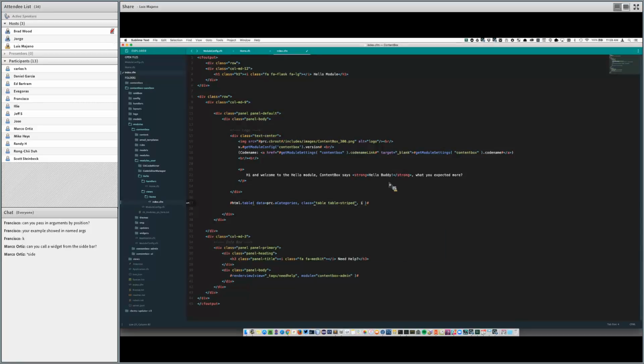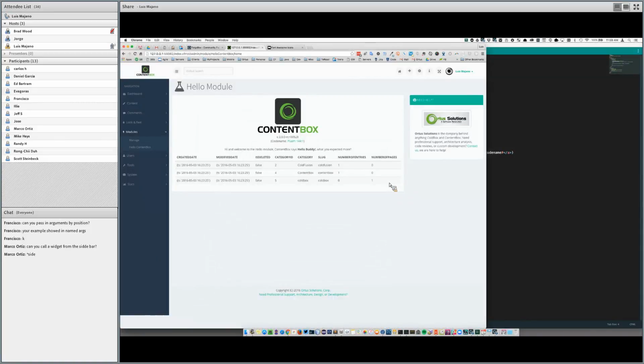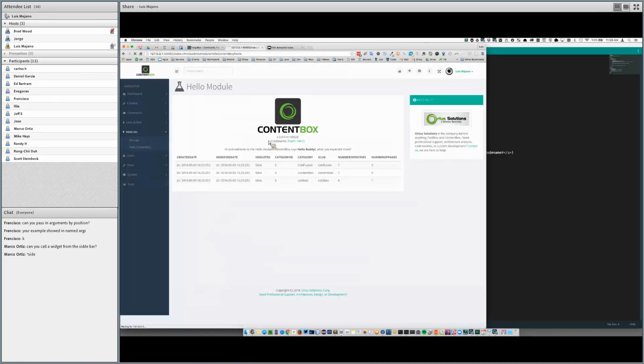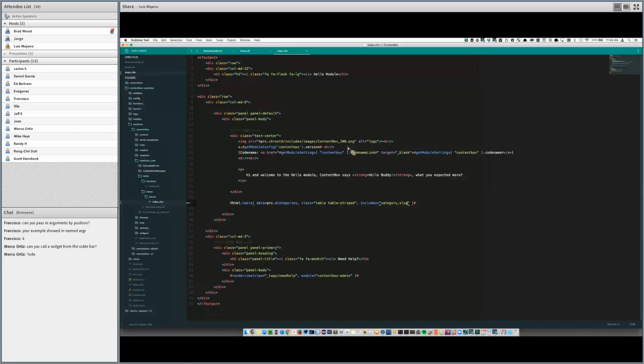Now, in order for my changes to take effect, actually, because I did an injection, I'm just going to rename it just through the URL, very easily in development mode. And there we go. So now I've actually presented right here a nice table with the categories inside of ContentBox. Create date, modified date, is deleted, and everything here that you can see. Very, very easy.